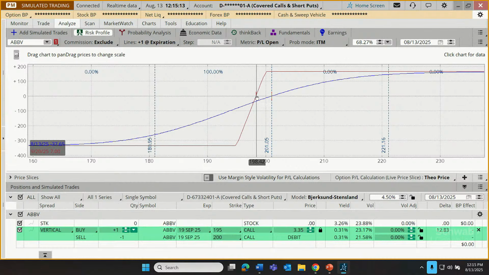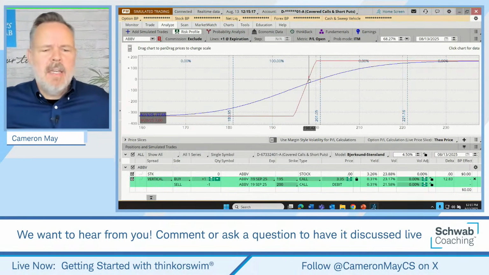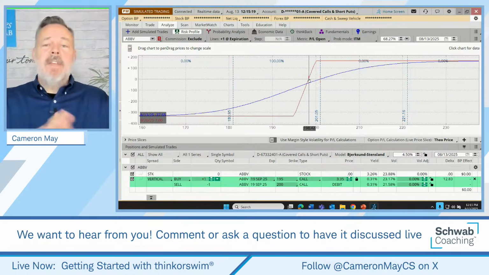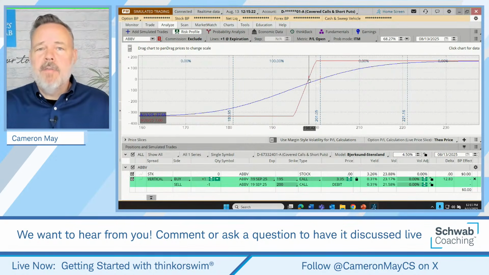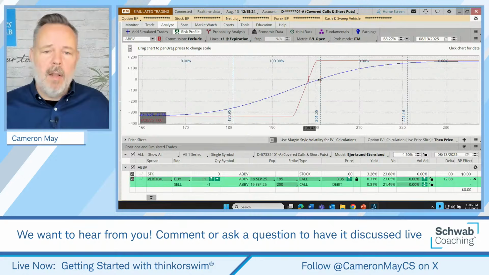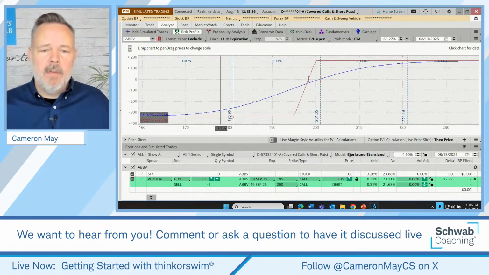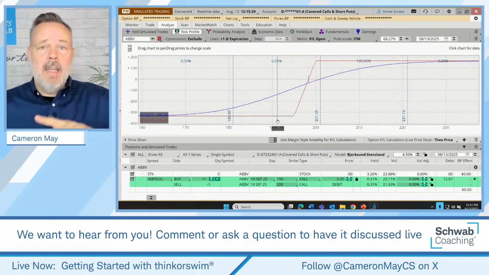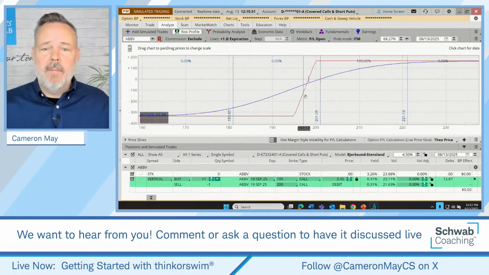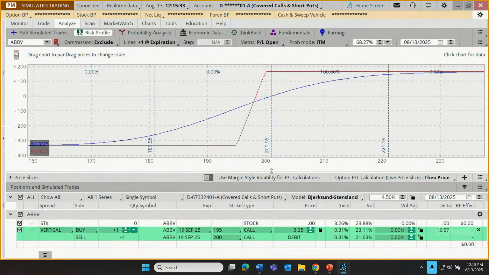Gina says, can you show an example of just a call on this stock? So Gina, I could. I don't know if I'm going to have time to do that, but what would you envision this would look like? Well, with a long call, there's a maximum loss. It would look like a horizontal line here, but there's unlimited gains. So we'd see that profit just continue to grow and grow as price goes up. Sometimes that's referred to as a hockey stick chart. If I turned it around to make it look like what you're looking at, it'd look like that. Yep. But that is this red line.